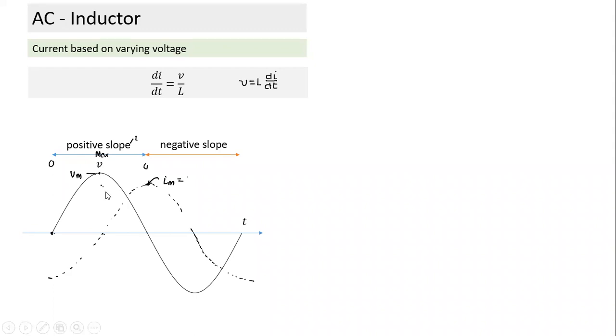So even without a differential equation, what we had drawn here, the same thing I can indicate in terms of phasor. How do I draw the phasor at this point here? This is 0. How do I draw the VM phasor? If I have to draw the phasor for this curve, I'll draw the VM voltage phasor like this. This is my voltage phasor. And how is my current? Current is like this. This will be my current phasor.